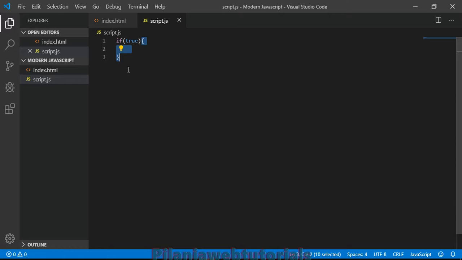Okay, so if the condition is true, we will create a variable, var name equals to, and give it a value like John. Okay, so if this condition is true, then it has a variable, its value is John, and then alert here